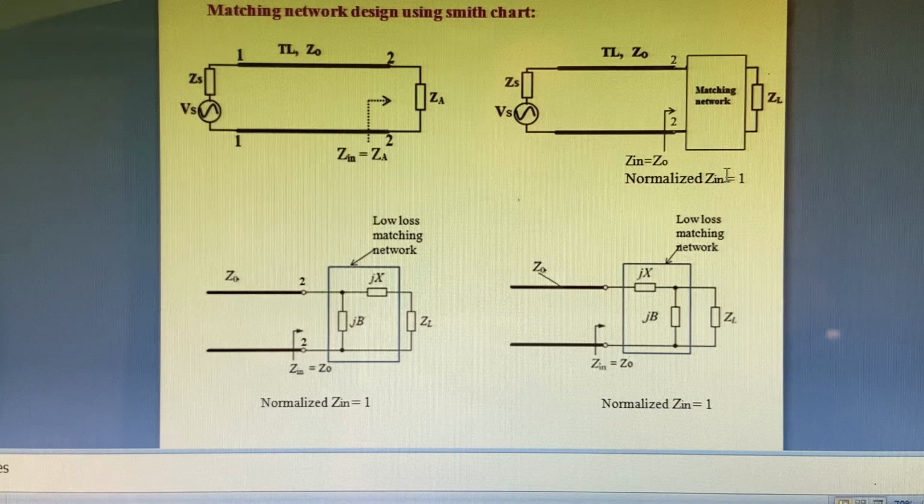As we discussed in the previous topic, this matching network consists of reactive elements like this. So next to the load impedance ZL, we are adding some reactive elements like this, like a series element and shunt element. By adding like this, it may be a single element or two elements or maybe three elements. We have to add next to the load impedance ZL like this. Thereby, we can bring the input impedance between the terminal 2 equal to characteristic impedance Z0.